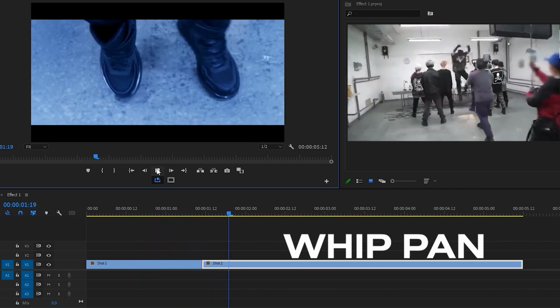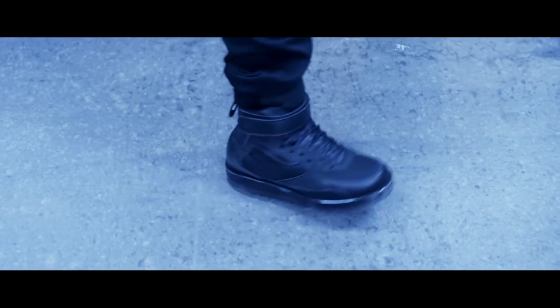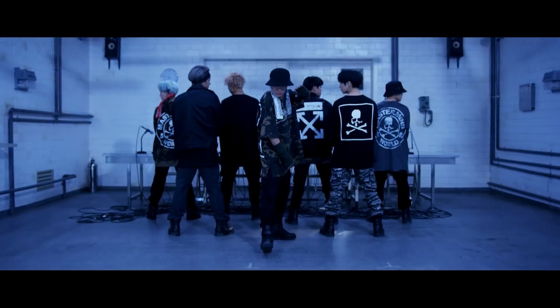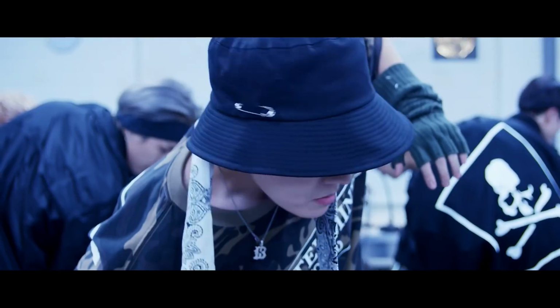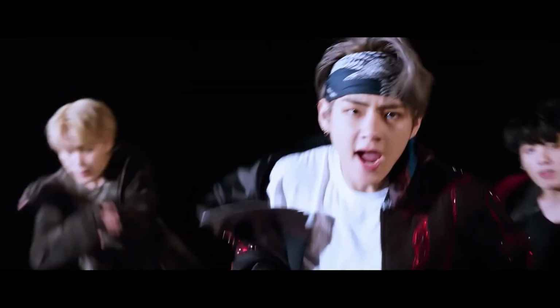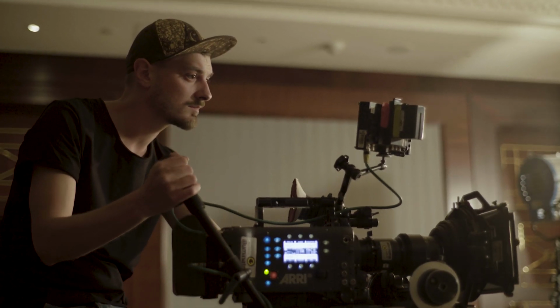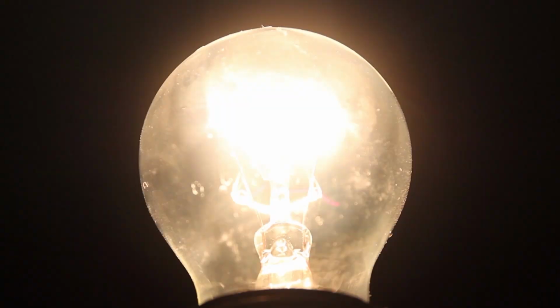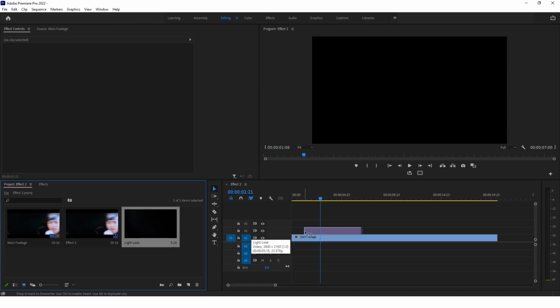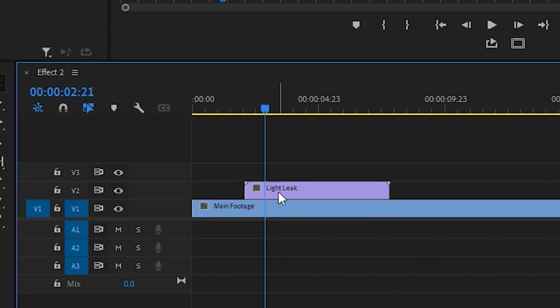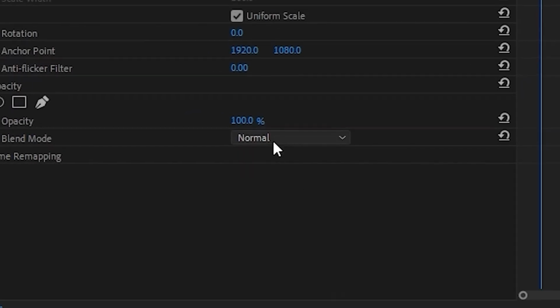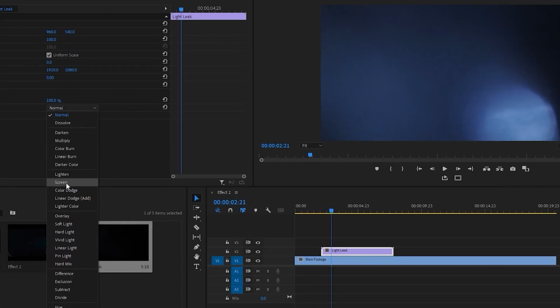Whip panning is a really easy and inexpensive in-camera transitioning technique that can be used to give your video an impressively high-budget seamless look. Moving on to effect number 2, we have this really cool light flashing effect. You could either make these yourself by shooting real flashing lights with your camera against a dark black background, then overlaying that footage over your original footage. You'd probably make sure to change the blending mode of the top footage to screen to change the black background